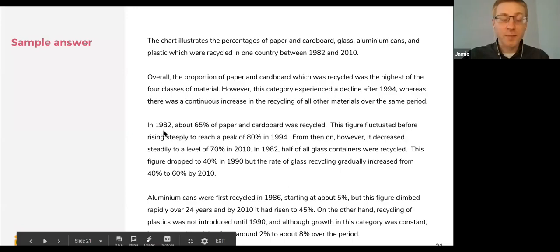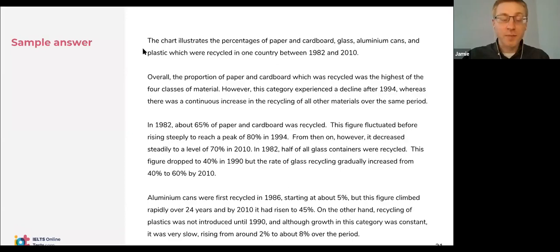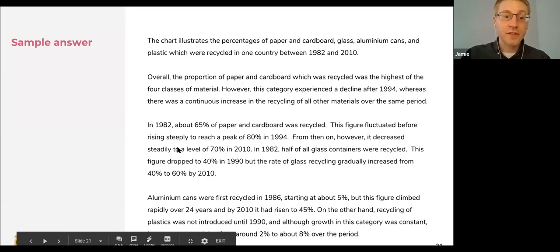But you could also choose to write 1 paragraph with your introduction and overview together, and then 1 or 2 paragraphs for your description. It's not essential to have 4, but I would